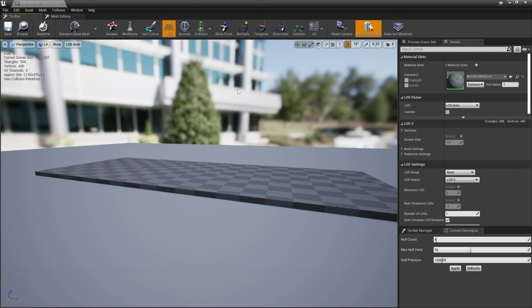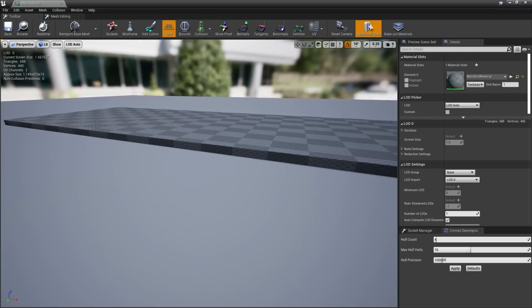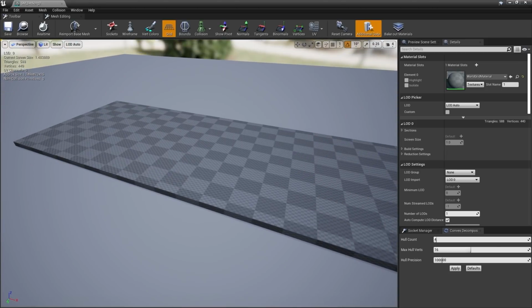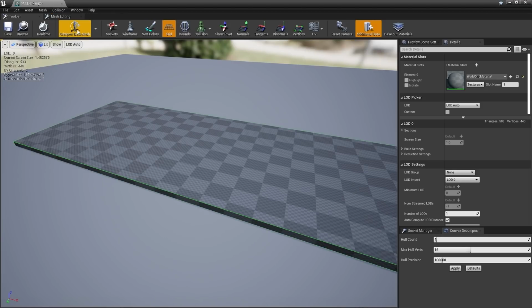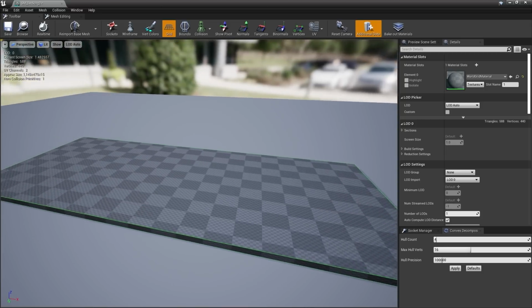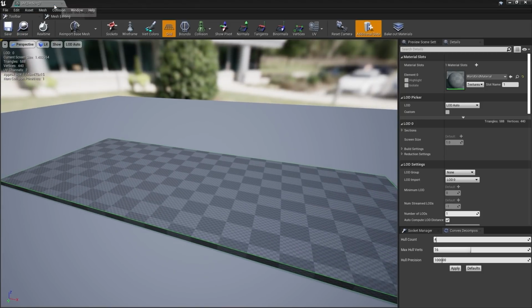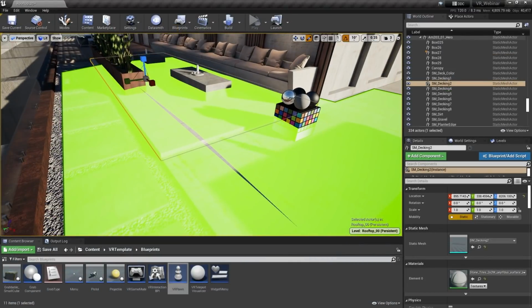In the static mesh editor, we can go ahead and click the drop down for collision, and we want to show simple collision. Now, we can see that there's actually nothing else being shown here. This means that this mesh does not have collision. If we head up to the collision tab, we can simply generate a box simplified collision for this mesh. For floors, this works well. Let's go ahead and save that, and voila.